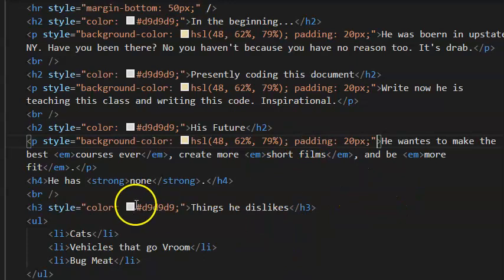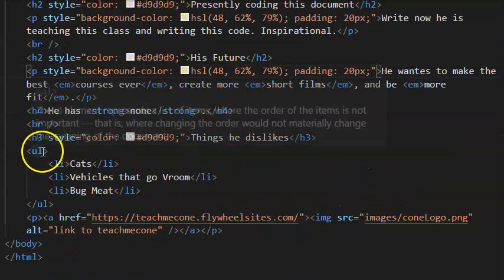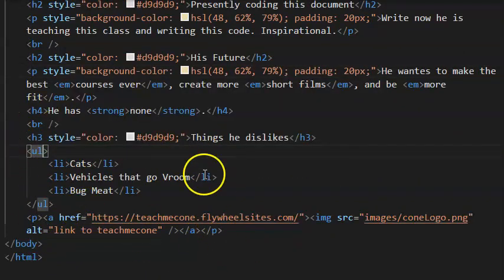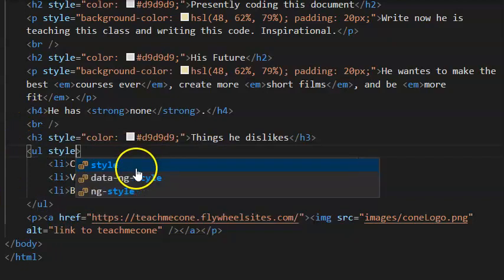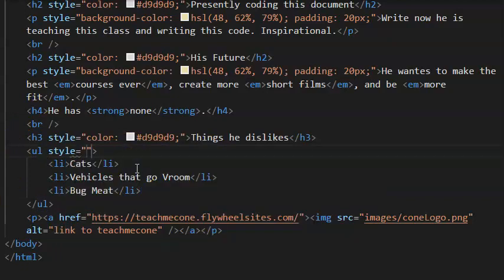All right, great. Next, the last thing that I'm going to apply a style to is going to be my UL. So I'm going to use my UL. We're going to do style. And we're going to do one we haven't really done yet, and that's going to be to add a border. So we're going to do border,